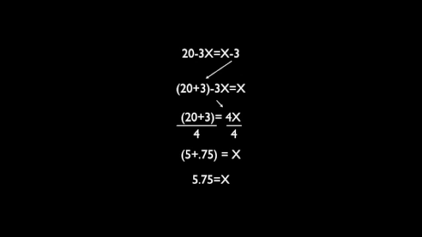What you also have to do is move 3x to the other side. Now our equation would read 20 plus 3 equals 4x. Instead of 4x, we need 1x, so we would divide the whole thing by 4. Our equation would now read 5 plus 75 hundredths equals x. We would just add the equation in the parentheses, and now our problem reads 5 and 75 hundredths equals x, which is our